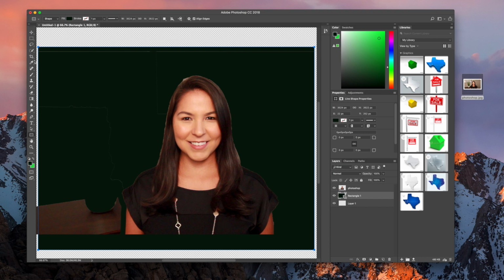So this is where we go back to the eraser. Remember to have your photo selected because that's what you're going to be editing. If I chose rectangle, it wouldn't let me edit it. If I chose that layer and I started erasing, I'm not erasing the photo, I'm erasing the background. So what I want to erase is part of the photo. So we'll use the eraser tool to start erasing